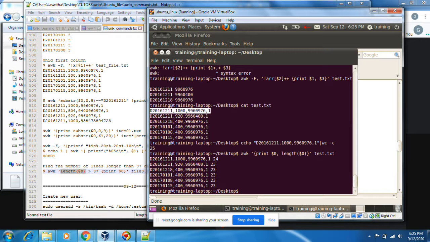You see? Yeah. First line length is 24. Second line length is 23.